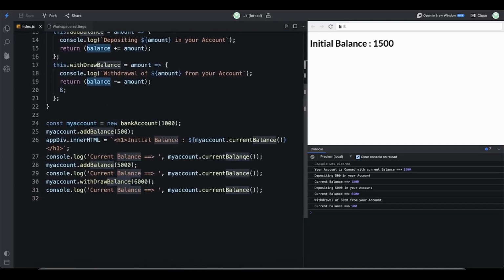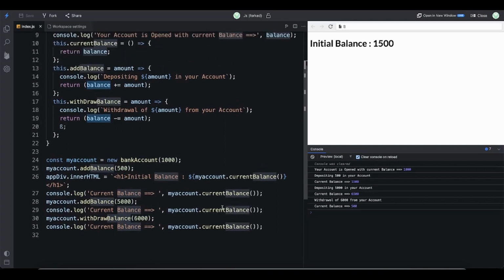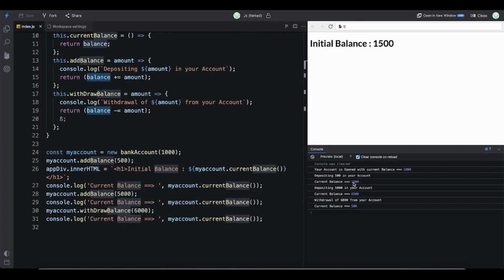So as I do the operations, if I want to check the current balance, I do my account dot current balance, which accesses the inner function and gives me the value of the current balance in the account. Okay,